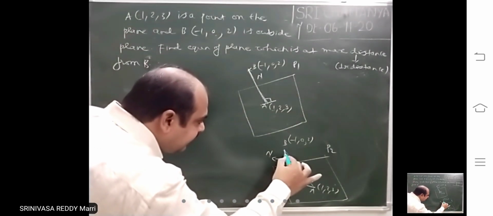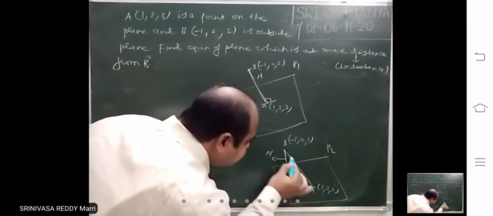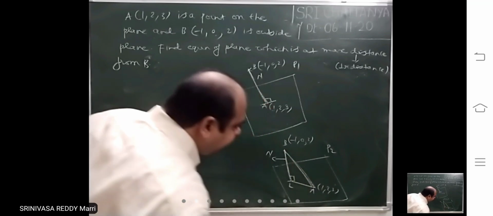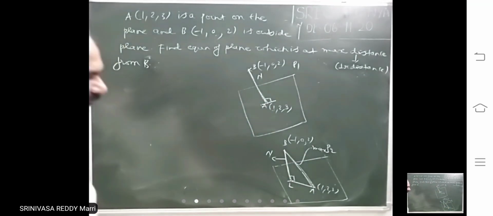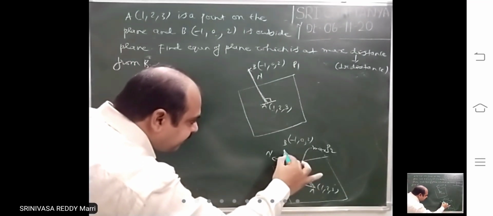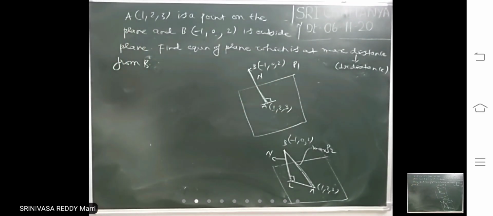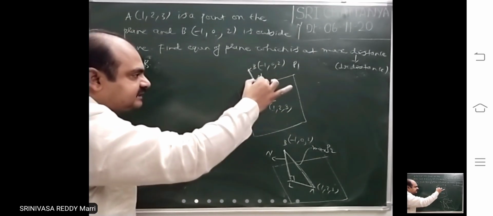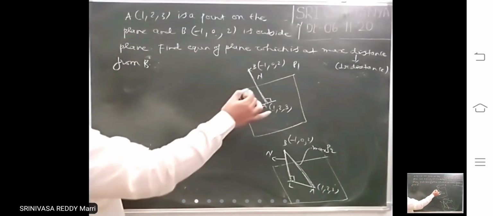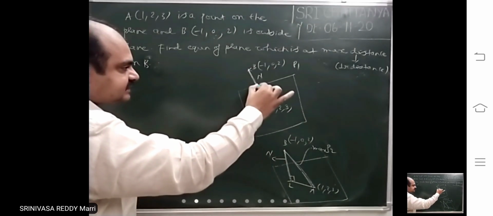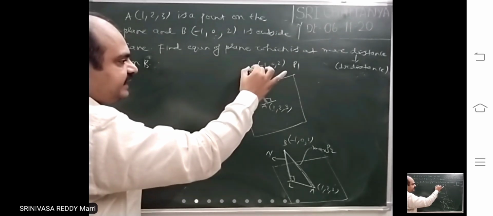Now look, BL is maximum, this perpendicular distance is maximum, or AB is maximum? This is the hypotenuse, so this is maximum, greater than BL. That means BL is the perpendicular distance to this plane, and here AB is the perpendicular distance to the plane. So which one is the maximum perpendicular distance? AB is the maximum perpendicular distance, right? So such a plane he is wanting is this which has the normal AB and the foot of perpendicular of B is nothing but A.